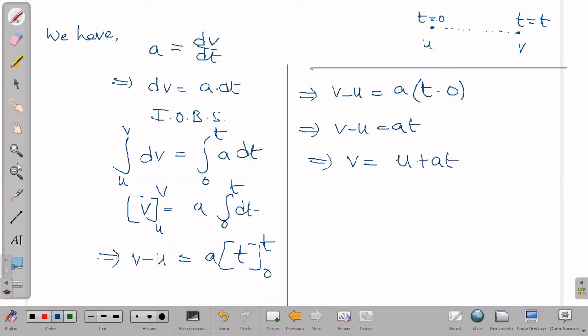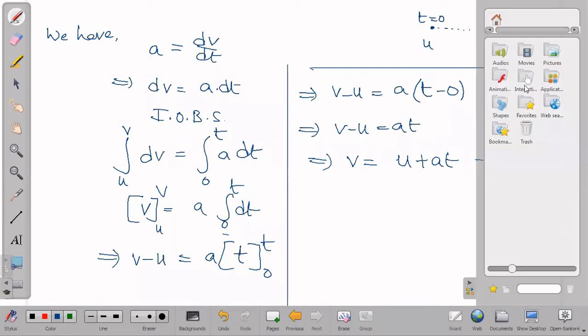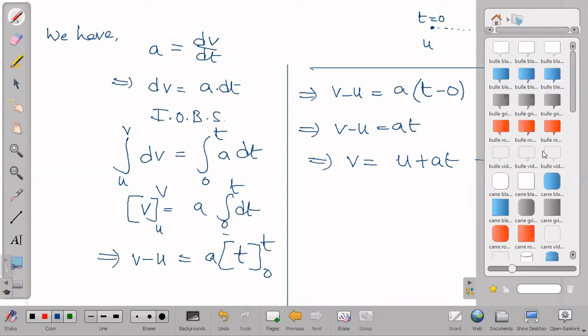So this is our second equation of, sorry, first equation of motion, right? So next we will go with the second equation of motion. I hope this is clear, right? Now, if we go with the second equation of motion,